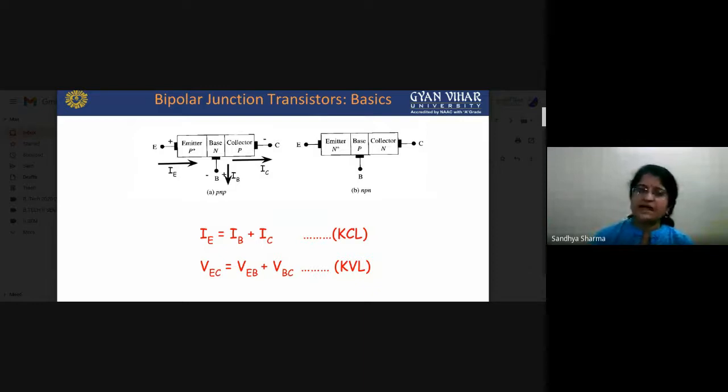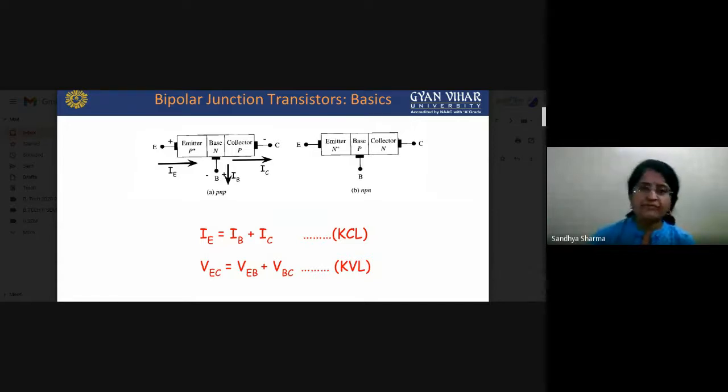As we have seen, two P type materials and one single N type material, we can also reverse this. We can take two N type materials and one P type material for making a transistor. So basically an N-type material is sandwiched between two P-type materials, or a P-type material is sandwiched between two N-type materials. It depends on what type of transistor you are starting to design. Here we have to see there is an emitter, a base terminal and a collector terminal.